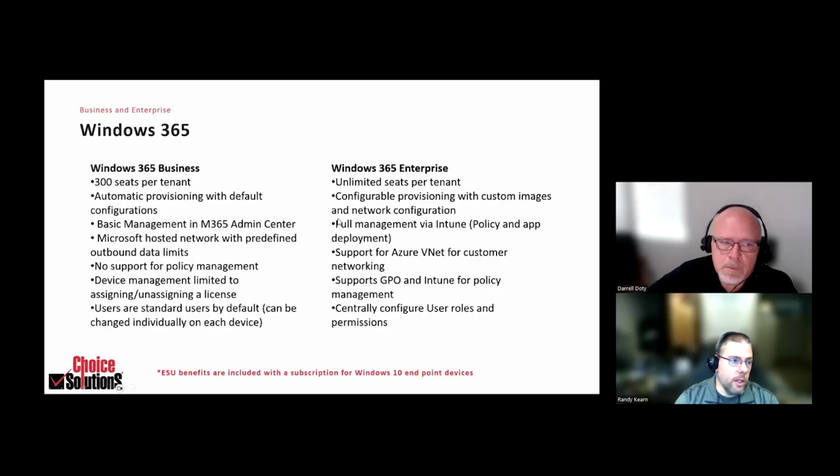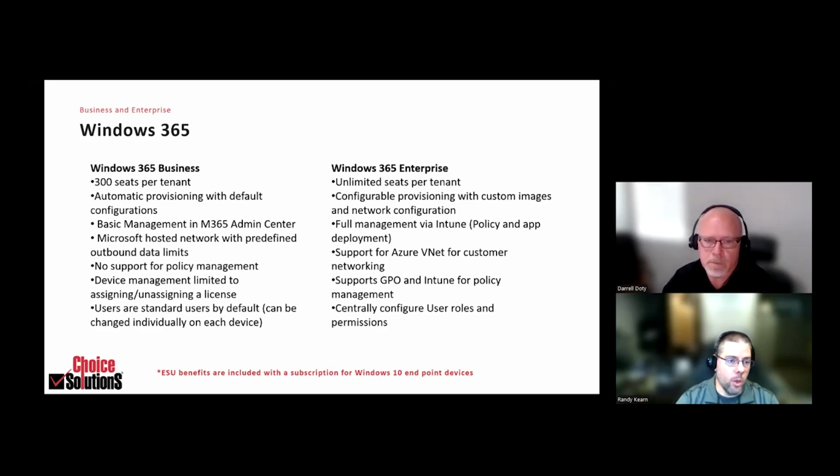All right. So what are some of the options? We talked about a couple of them early on, right? So obviously there's going to be a subset of devices in most organizations that aren't going to be compatible to go to Windows 10. So out of the Microsoft environment, there are some options depending on where you're at and what you're looking at. And the first and foremost is going to be Windows 365, also potentially known as Cloud